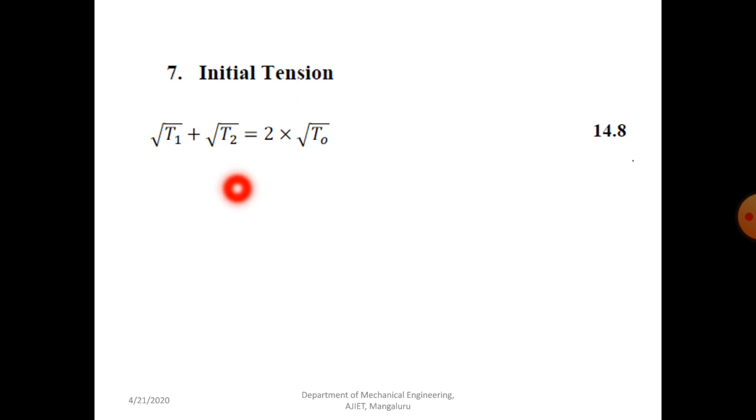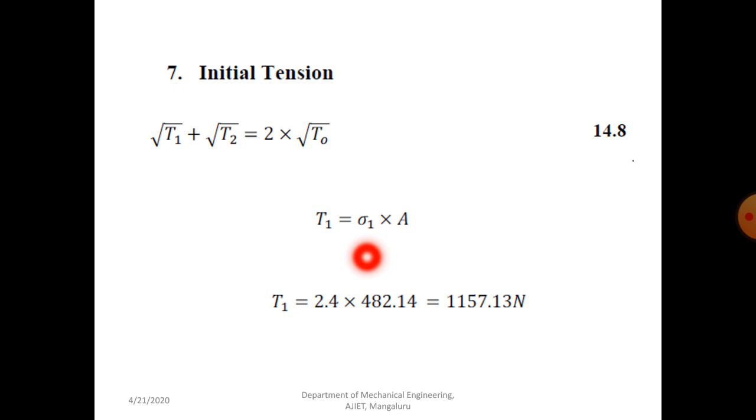Because sigma 1 you already know, sigma 1 is nothing but sigma d. If you know sigma 1 and the area, you can easily calculate T1, that is the tight side tension. Similarly, if you know sigma 2, then you can calculate T2, that is sigma 2 equal to T2 divided by A. So T2 is nothing but sigma 2 into A. We'll see one by one. T1, that is force, equals stress into area. T1 is the tight side tension, and sigma 1 is the tight side stress.